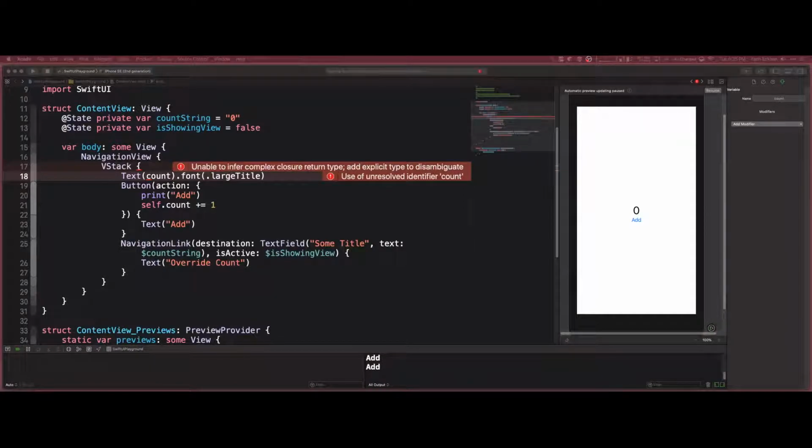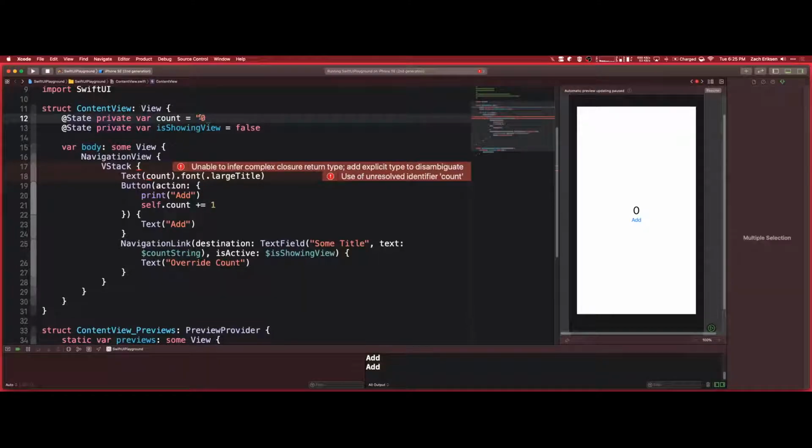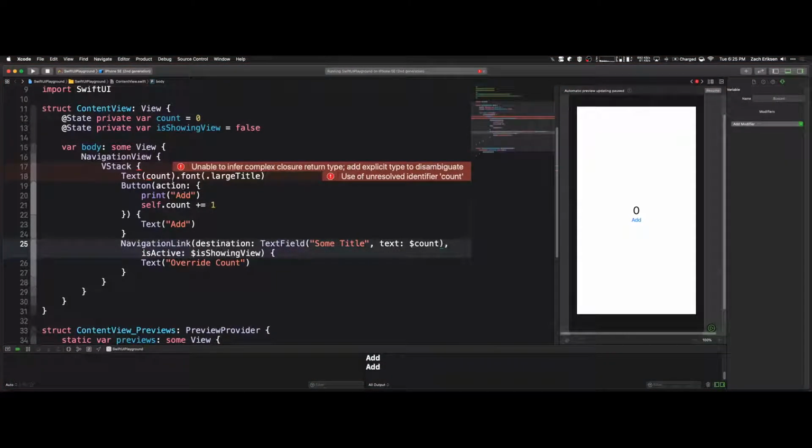I'm going to do a quick Google search: SwiftUI int binding text field. Maybe I can change it to something else. Oh, okay. Thanks to the internet and some nice Googling,